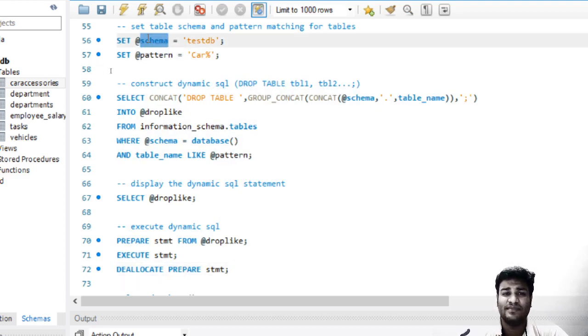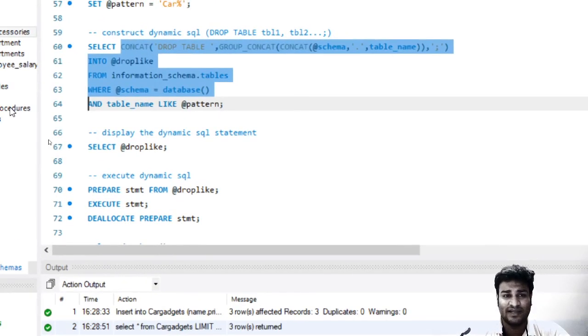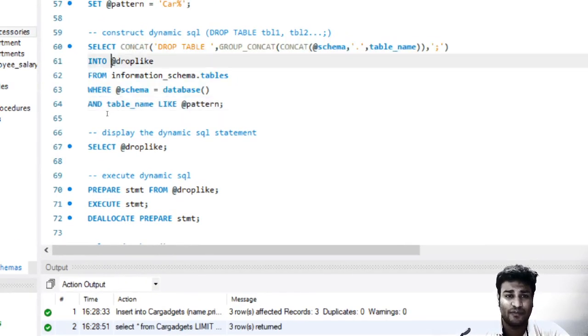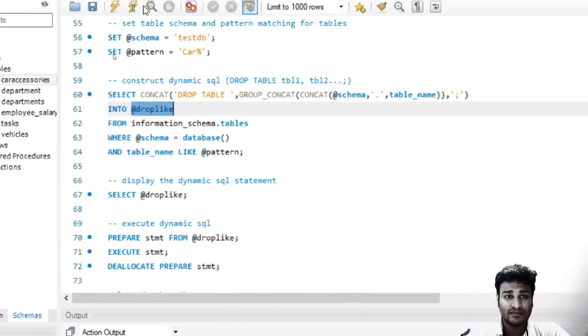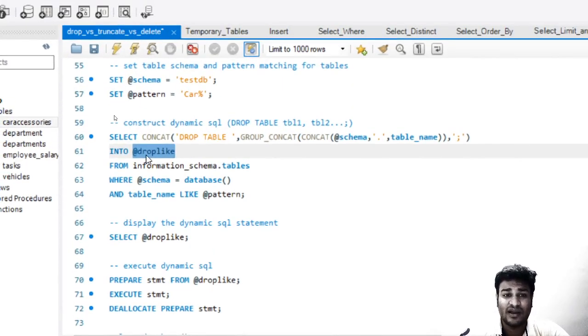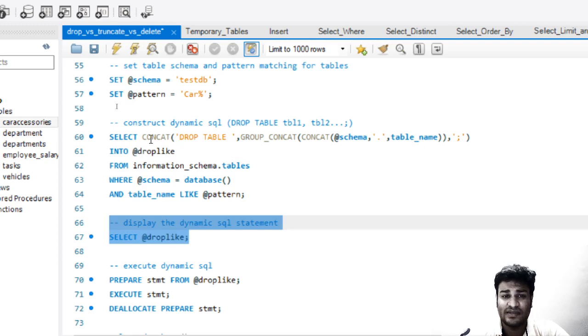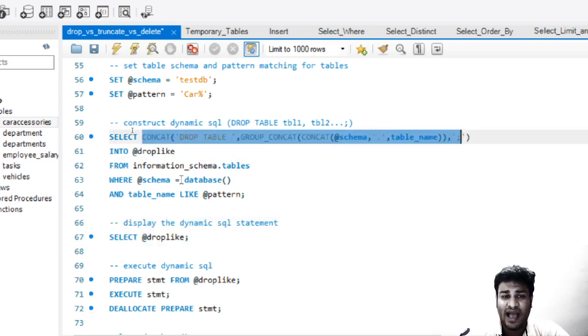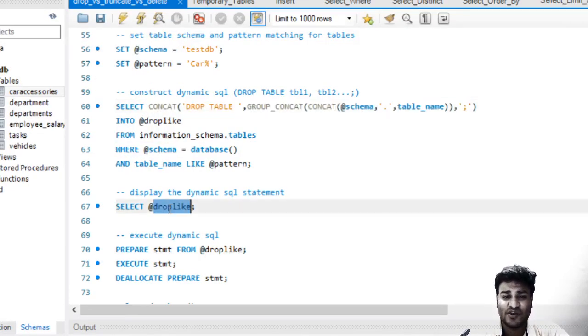Here we are defining the variables. Here we are concatenating all the tables together. Here we are putting the query inside a variable called drop like. So this is the query where we are putting this concatenated query, and at the end we are executing this query using a prepared statement.